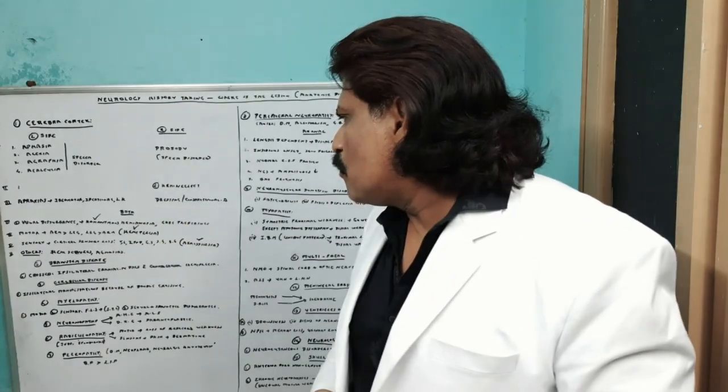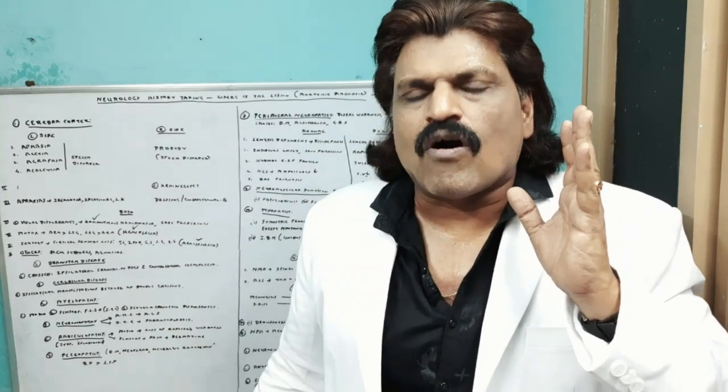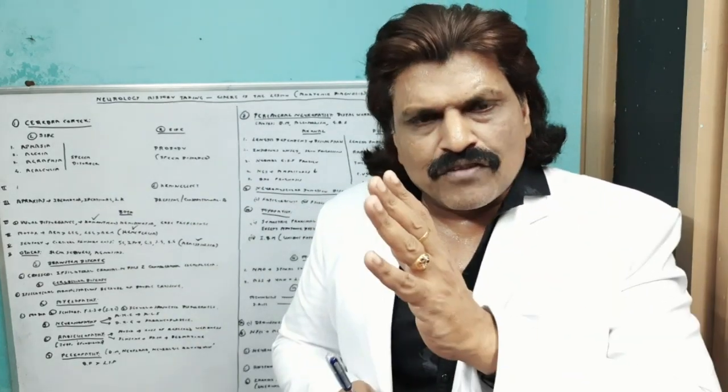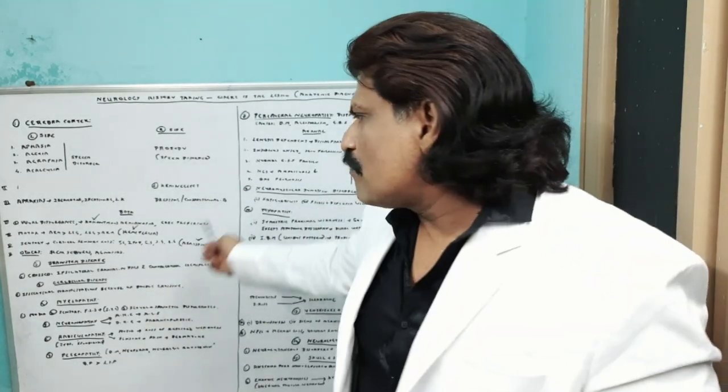They'll have visual disturbances, homonymous hemianopia and gaze preference. For example, the frontal eye field, area number 8, will push the eyes to the opposite side, and therefore when the frontal cortex gets affected, it cannot push the eyes to the opposite side. So gaze preference will be to one side and hemiplegia will be on the opposite side. So in left frontal lobe lesions, the eyes will be looking to the left side and hemiplegia will be on the opposite side. So if you see gaze preference and hemiplegia, it's a frontal lobe cortex. And they'll have homonymous hemianopia if the cortex gets affected.